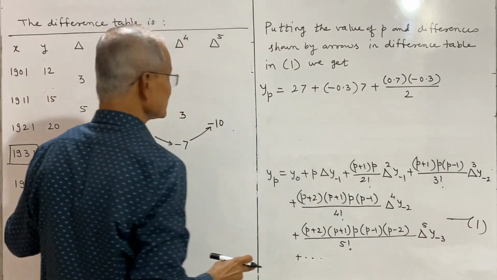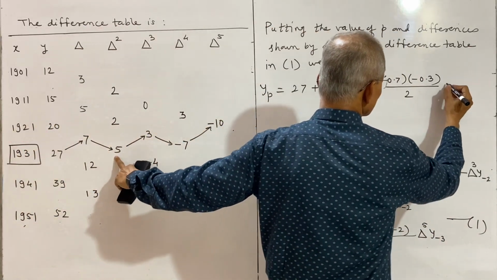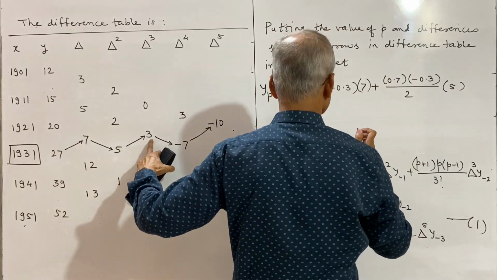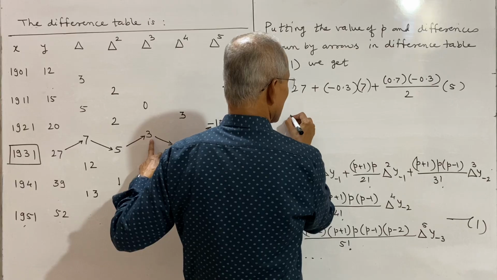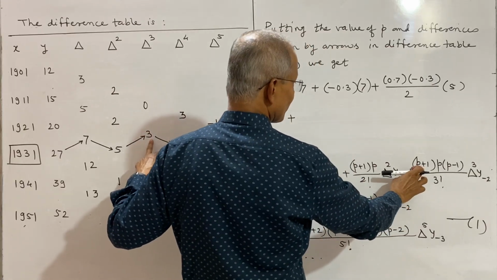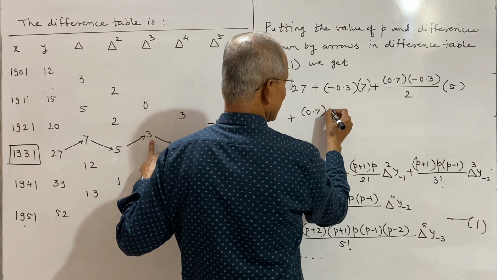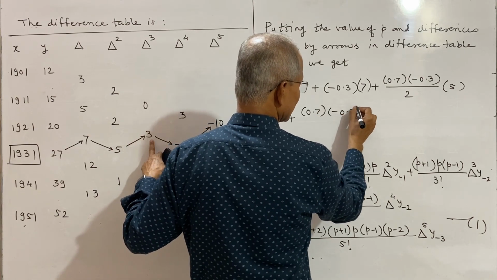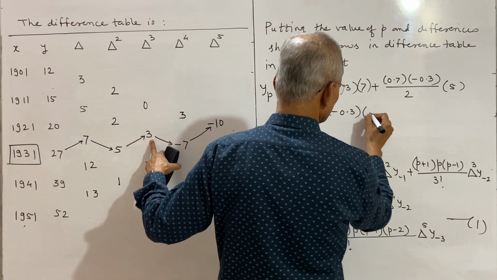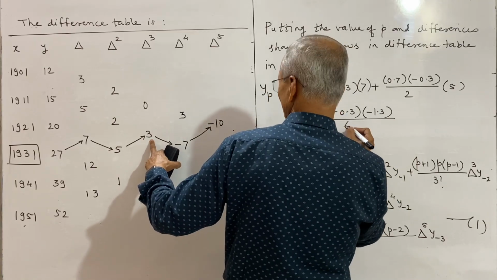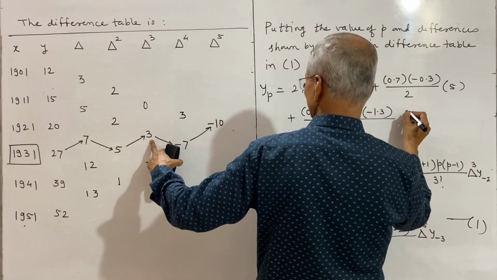See, this value is 5. The values will be obtained consecutively according to this arrow. Plus next, p plus 1, that is 0.7, p is minus 0.3, p minus 1, that is minus 1.3, divided by 6 into delta cube y minus 3,